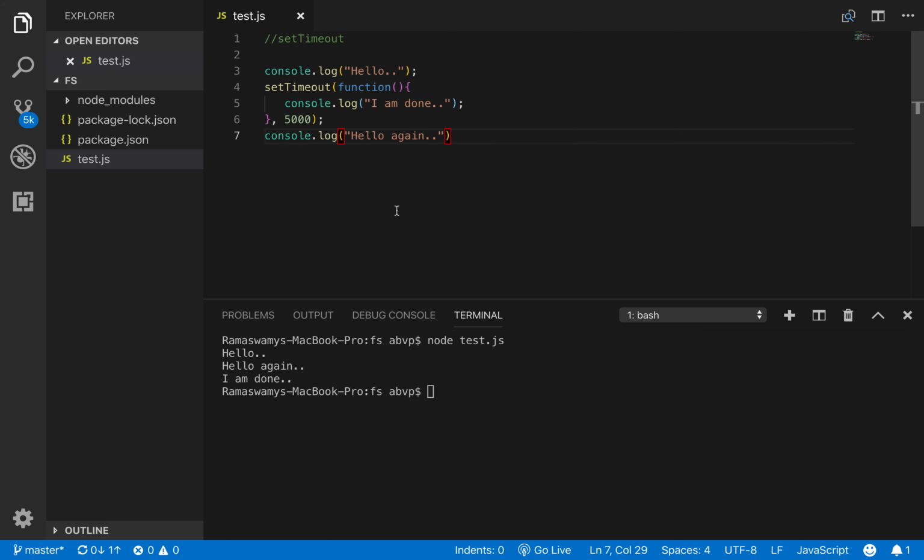Alright, so let us see another example to get a much better understanding of asynchronous functions. So let us comment this code.